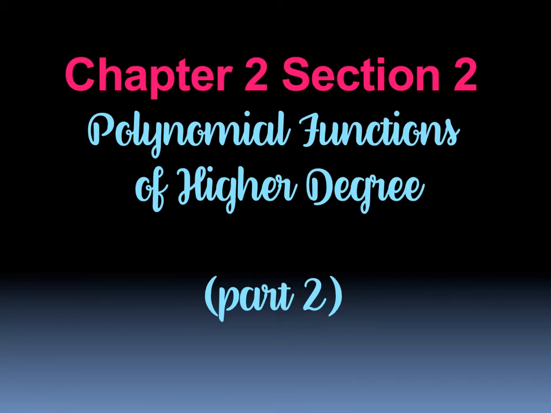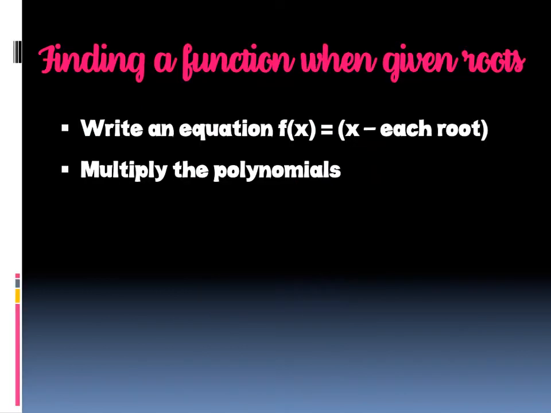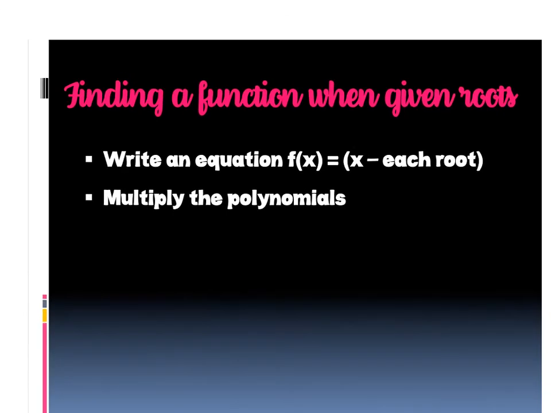Okay, so we did most of 2.2 the other day, finding how to graph the polynomial functions of higher degree. Now we're going to flip it around. So what happens if I give you the zeros and I ask you for the function? So when you're finding the function and you're given the roots, you're going to write an equation with f of